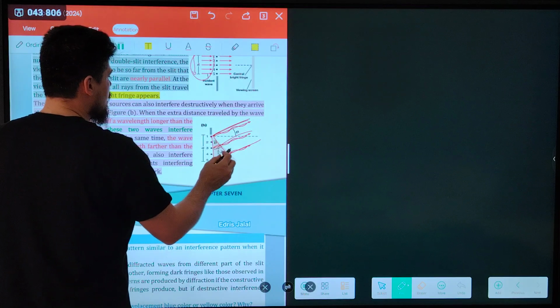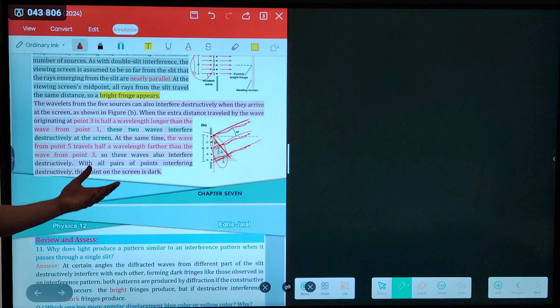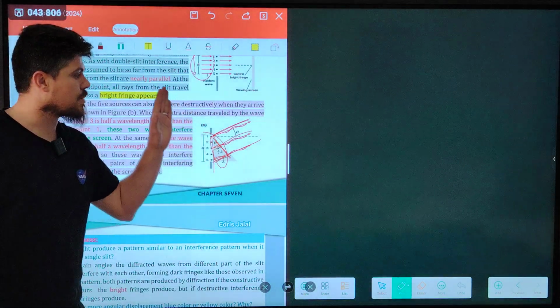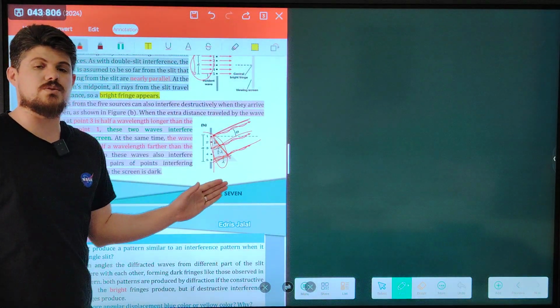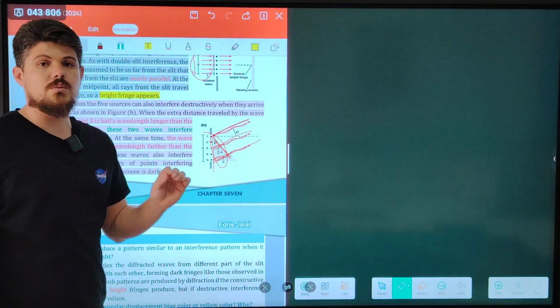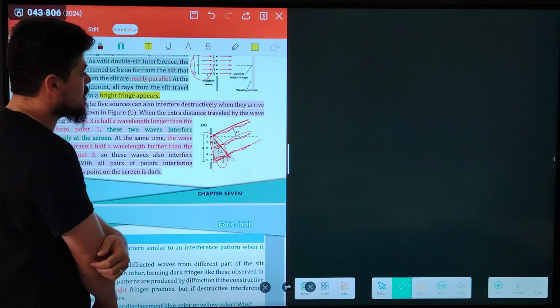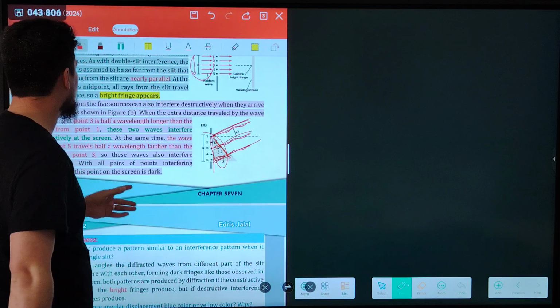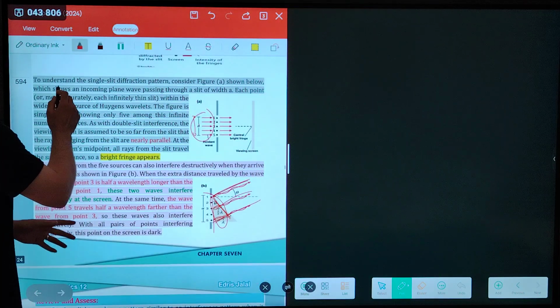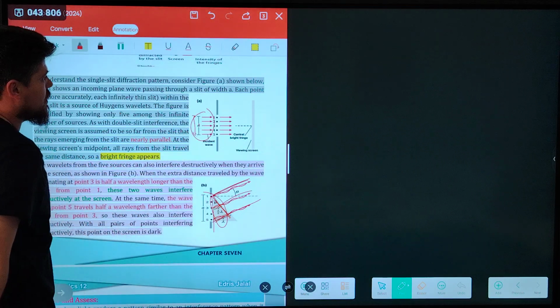Okay, so when the light is diffracted, if the path difference is equal to an integer multiplied by the wavelength, a bright fringe occurs and the type of interference becomes constructive. But if the path difference is equal to an odd multiple of half the wavelength, destructive interference occurs and the dark fringe appears. To understand the single slit diffraction pattern, as you can see in this figure shown below,